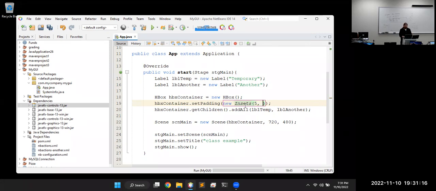So if we say something like 5 and 50, 25 and 100, we should be able to tell pretty quickly which one's which side. Try to do something very, very obvious. We're missing one side because there's nothing down below. We'd have to switch to a VBox to get down below, but we should have the left, top, and right,